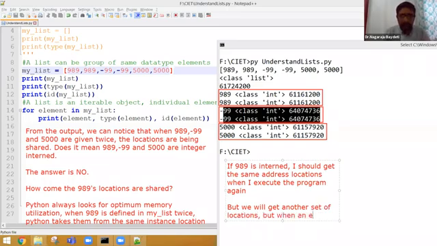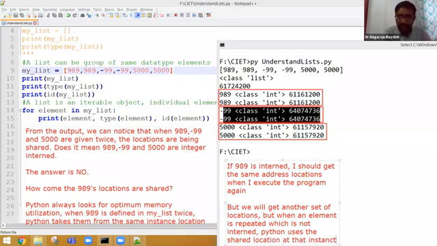But when an element is repeated, which is not interned, Python uses the shared location at that instant of time.